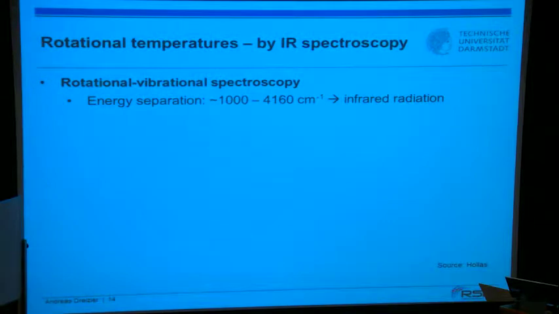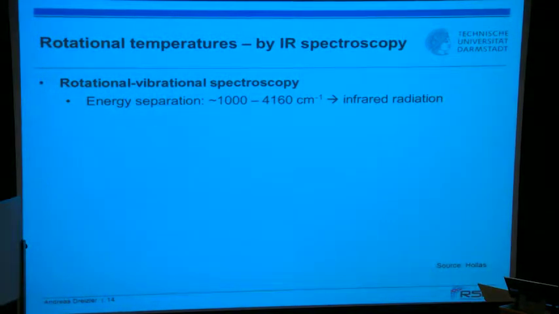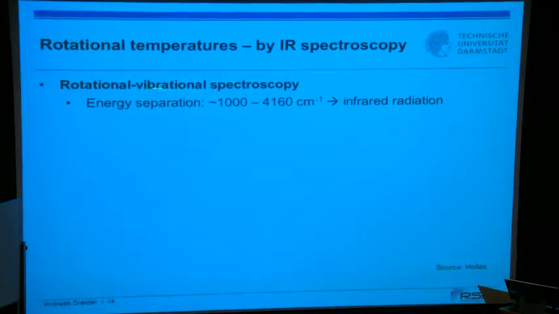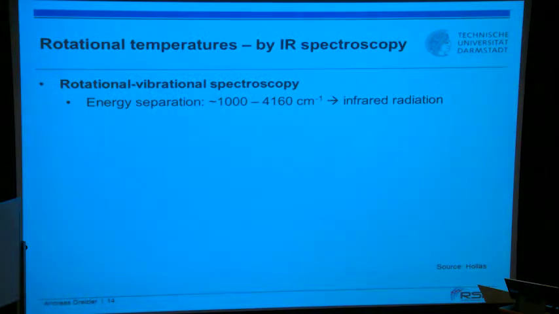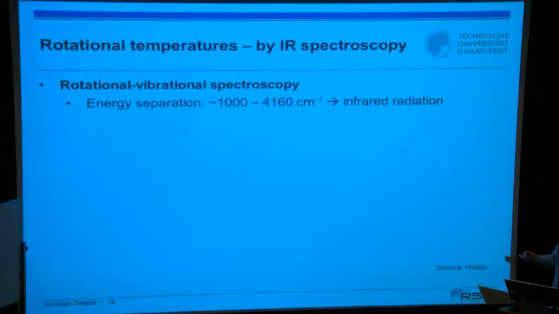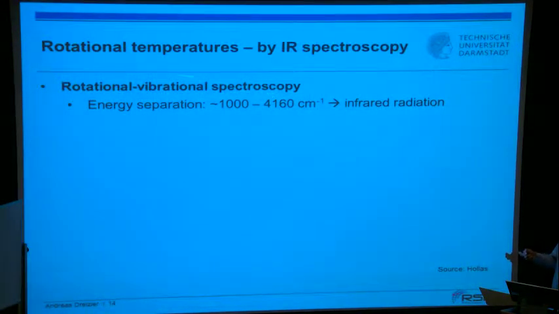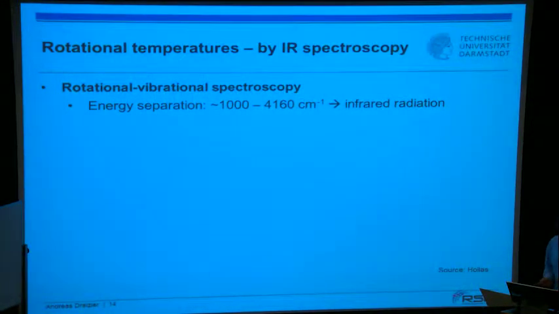Let's switch now. We go now to the next higher level, where we as well excite vibrations. So you never can separate that, because each vibration level consists of many rotation levels, and that's what we are after. We want to probe the rotational distribution. So the next possibility is to do rotational vibrational spectroscopy, where the range of energy gap between the ground level of vibration and the first excited level is in the order of here 1,000 to 4,000 wave numbers, which is